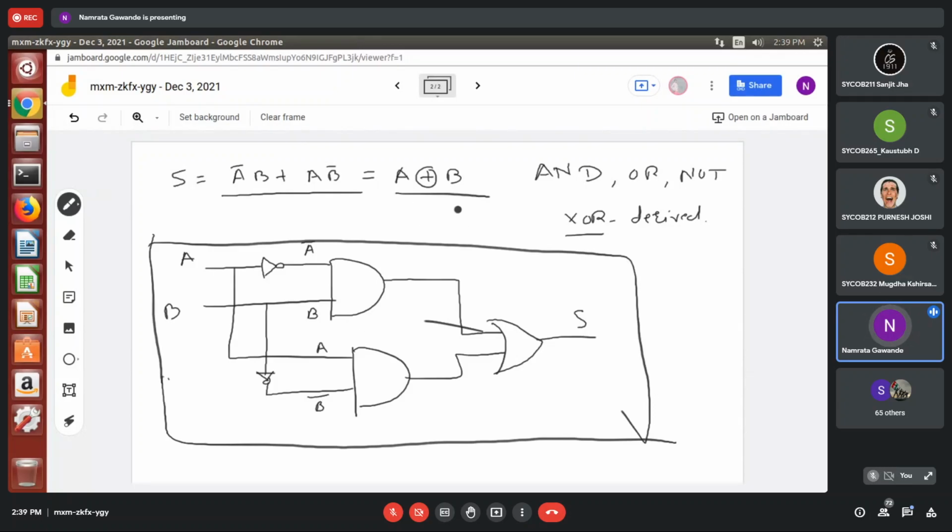If you use XOR, it will be very easy. Just practice this once, how you can do it using only simple basic gates. Those who have not done it can do it with this circuit. Those who have already done it, no problem, you can go for universal gates.